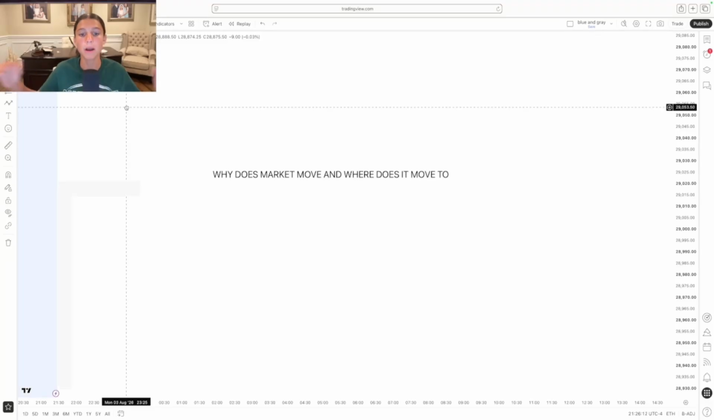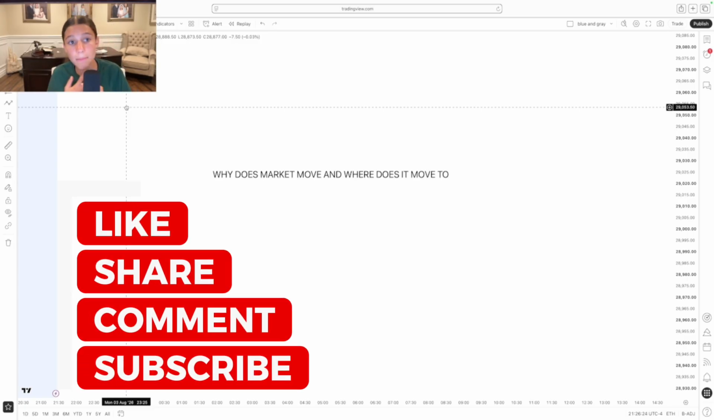Today we're going to be talking about why market moves and where does it move to. If you do not know why market moves or where it's moving to, you do not know trading. A lot of people could be like, confluence is this, confluence is that. You can only have fair value gaps at a certain amount of time. Equilibrium, order blocks, break of structure. But if you don't know where a market is moving or where it's moving to, you really just shouldn't be